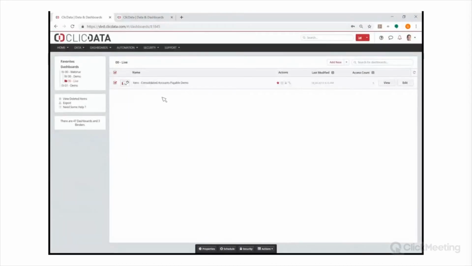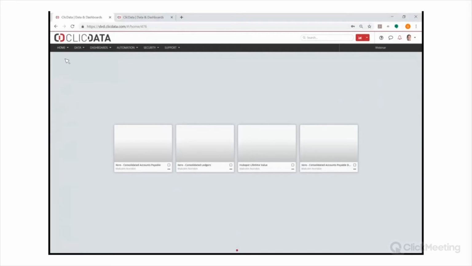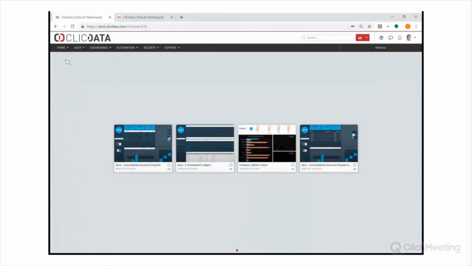So that's just a very, very quick view of building the dashboard from connecting the data, bringing the data through, and consolidating the data. There's a lot more features, there's very rich features, and there's a lot to learn within the application, but it's very intuitive, and it just requires time to play around and get your feel for what you're trying to do. And I think that's the biggest feature within dashboarding, is understanding exactly what you want to see